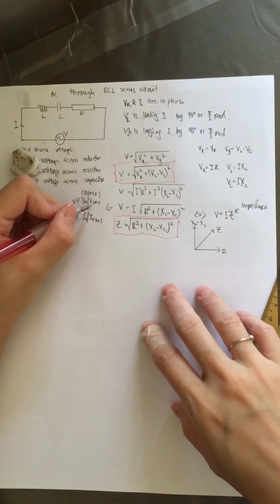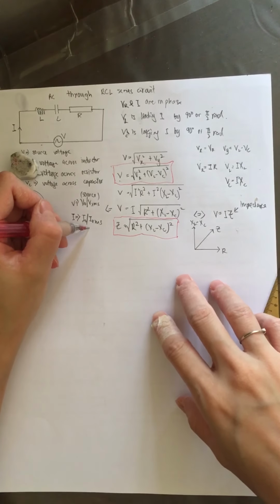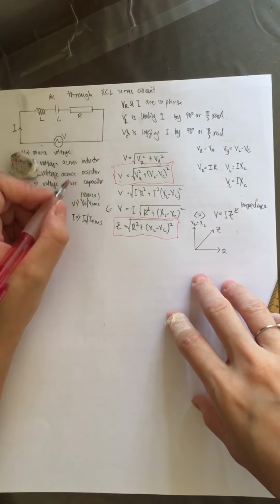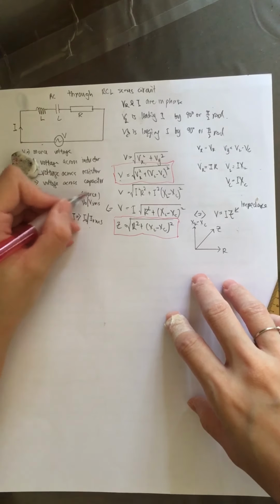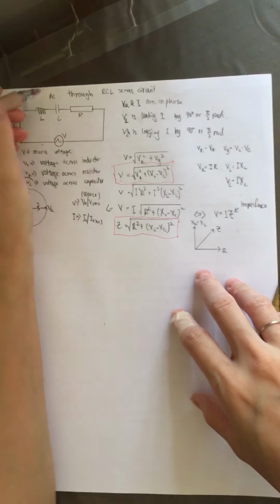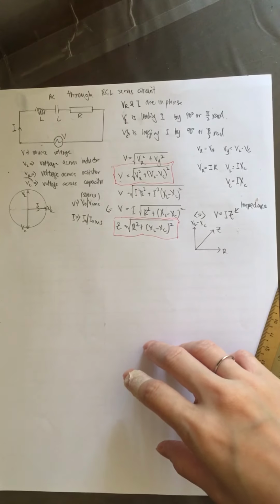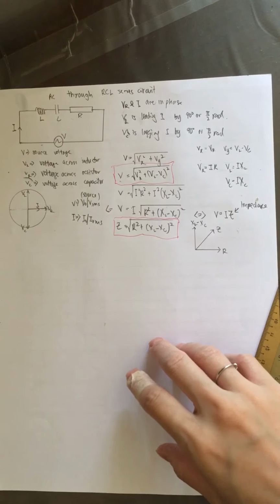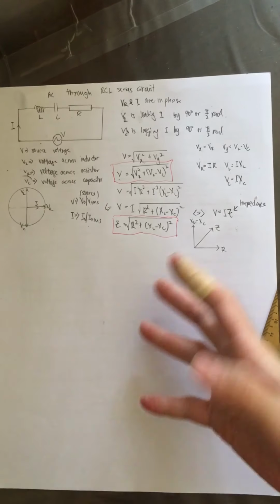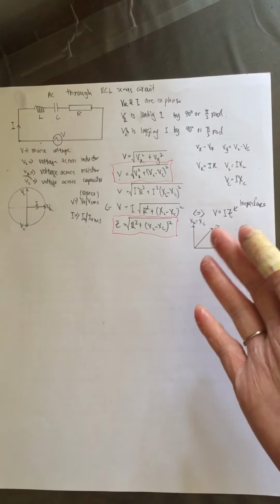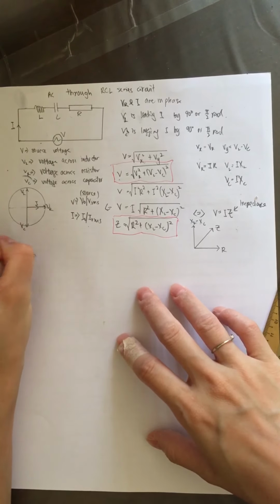So if you are using VRMS for this equation, automatically your I will be IRMS. Your V here is the source voltage, the source RMS, not each one. Okay, so next you have your impedance and also your voltage sum, your source voltage. Here you have to be very clear that your source voltage